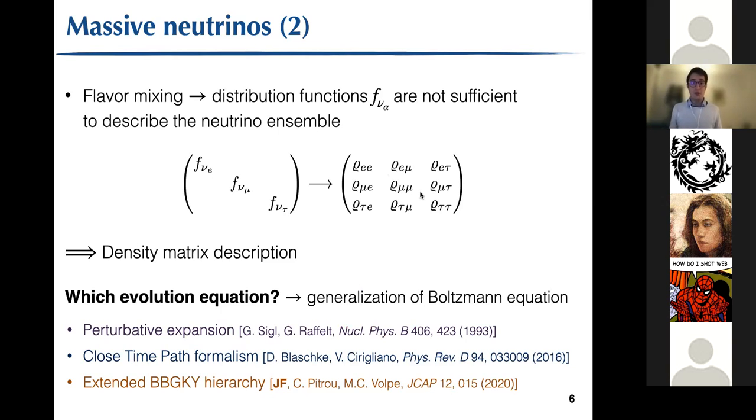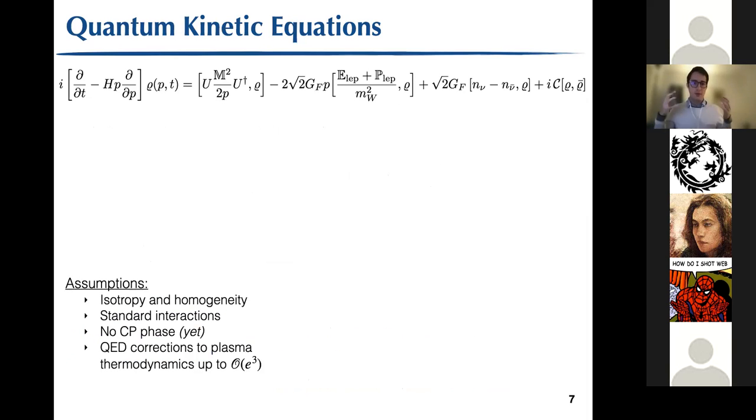And so the question is, how does this object evolve? We are looking at a generalization of the Boltzmann equation that we would have written for the distribution functions. There have been different works in the past to derive this equation. I'm not going to talk about that now. But anyway, we end up on this main equation, the quantum kinetic equation, which gives, sorry, the time